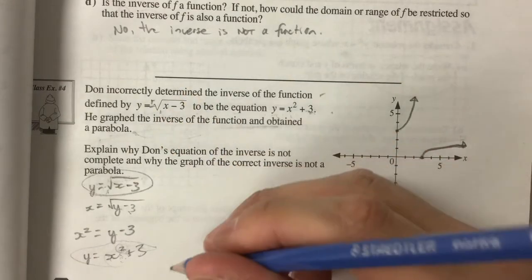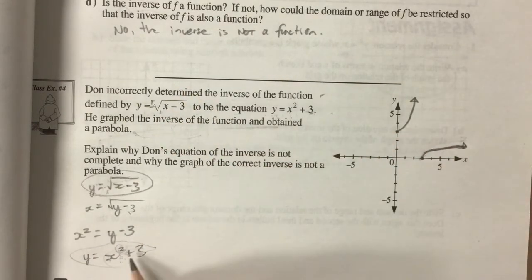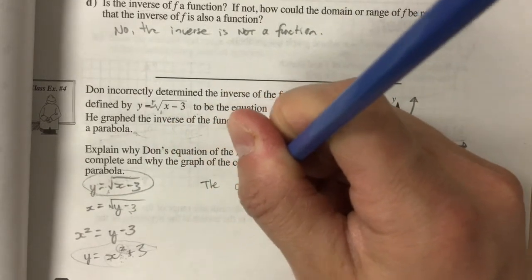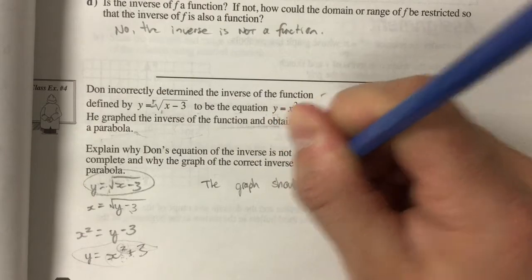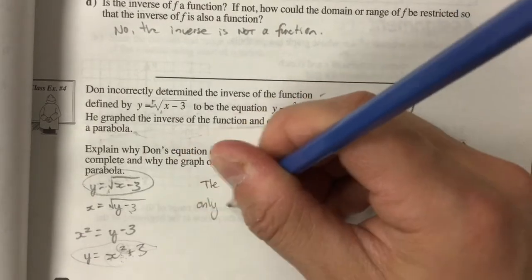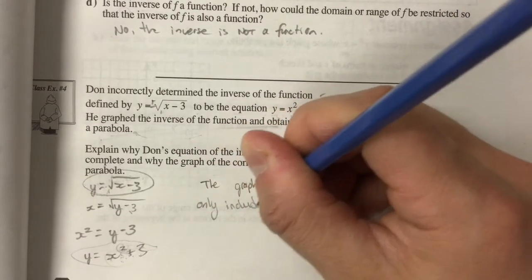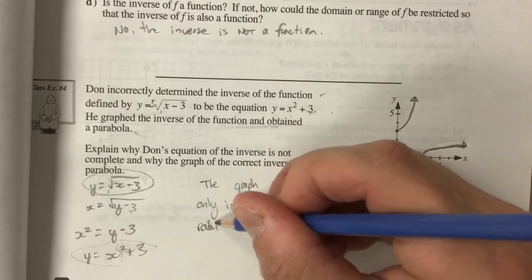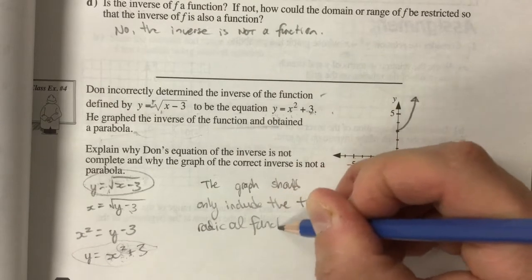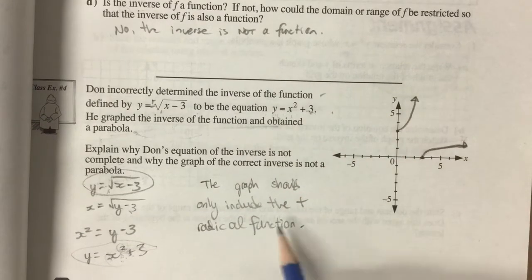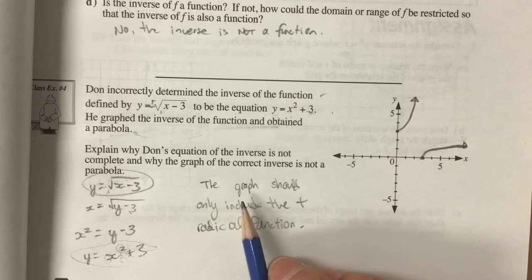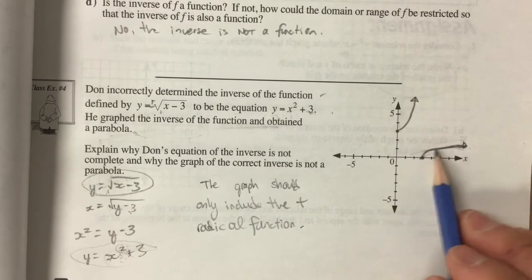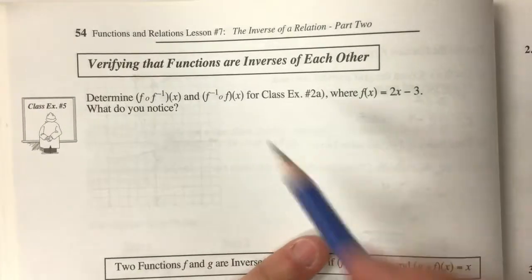And so even though this is correct, the graph should only include the positive radical function. And that's included, and the graph should also only include the inverse of this positive function. Next, I'm going to take a function,